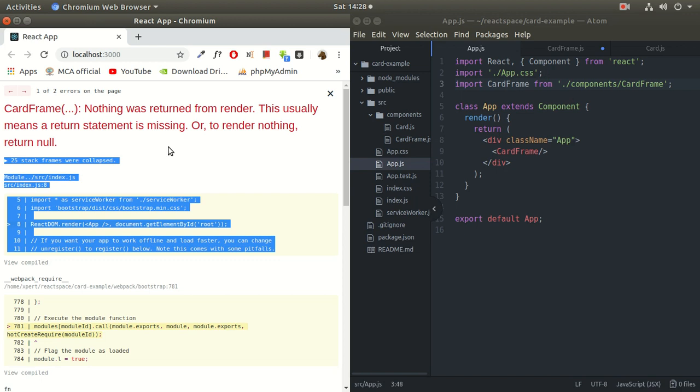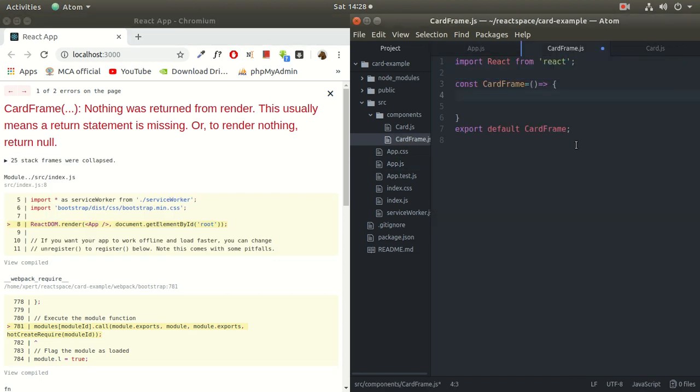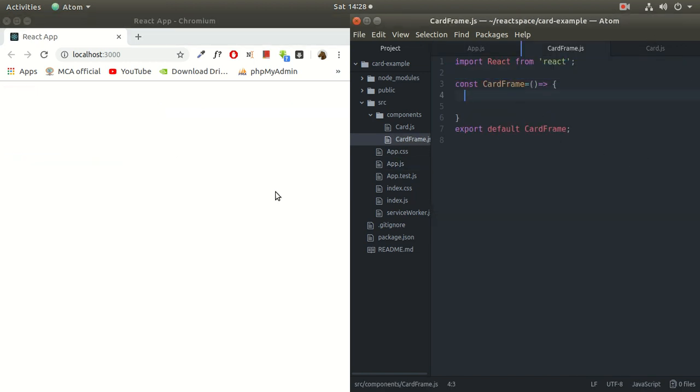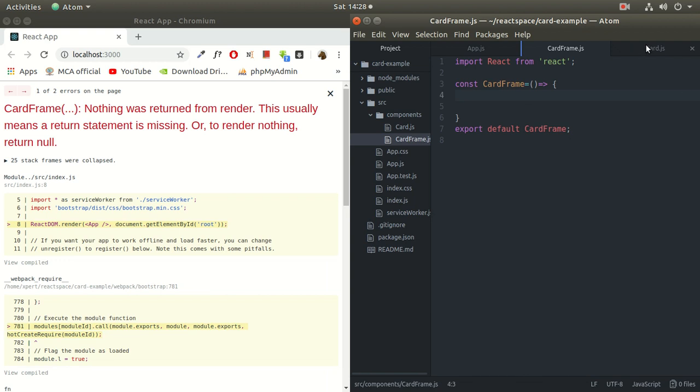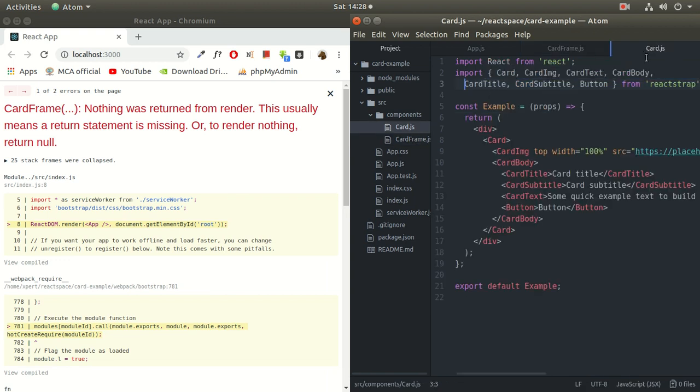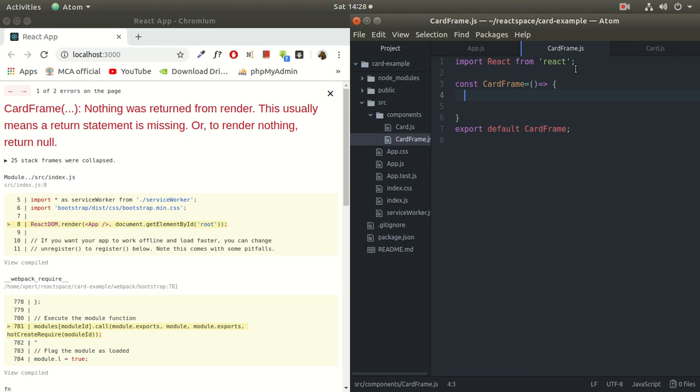All right, just ignore everything right now. Now we have card frame also here, and inside this card frame we'll call card. So in order to call cards inside this card frame, you will have to import card, my bad, card from